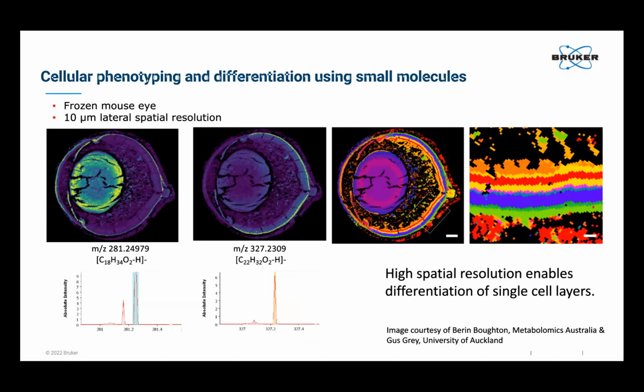Okay, another way that we like to talk about starting down that data analysis pipeline, and I think this is one of the intimidating places for new users, is, okay, I can generate these images, but what if I don't know what I'm looking for? How do I dig into this and get meaningful information out of all of these gigabytes of data that I've just collected? So in this frozen mouse eye section, you can see a couple of molecules that are expressed,